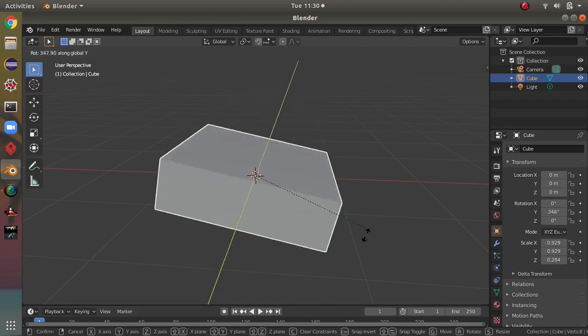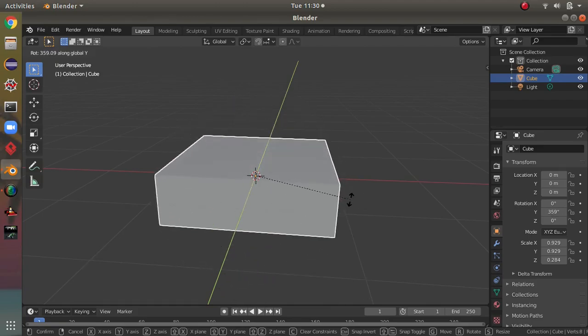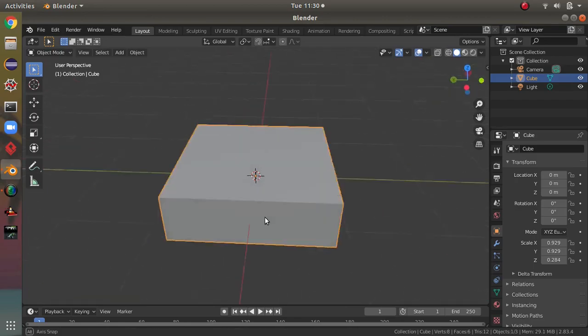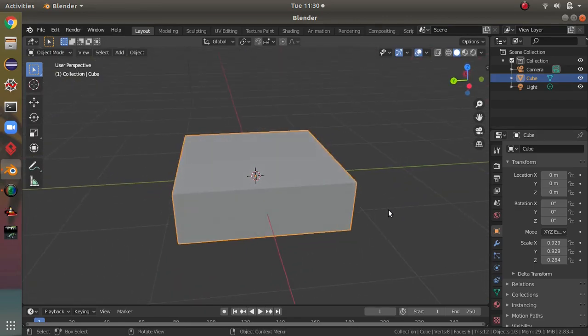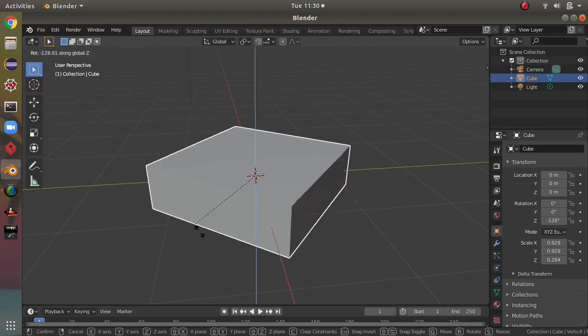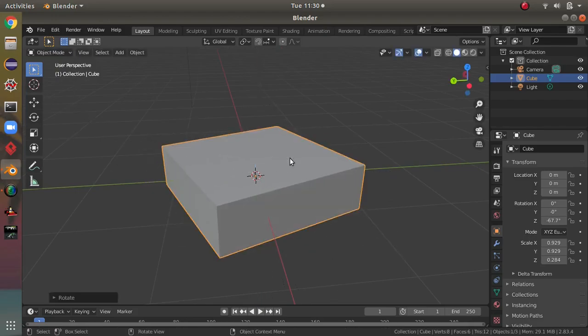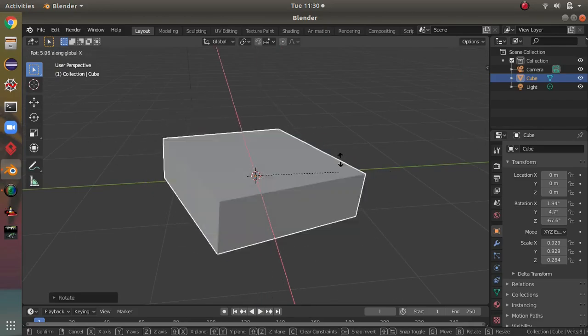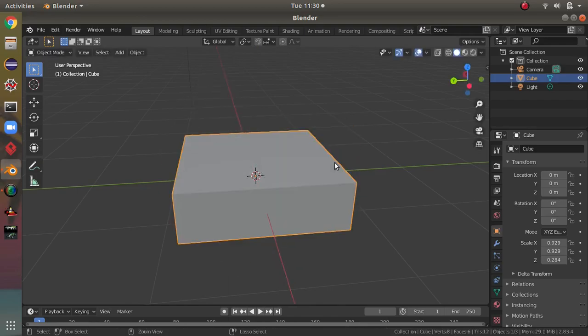You can animate also like this. In the animation I'll tell you. Now you can do it from, let me show you. It does like this and this, R and X. And so let's